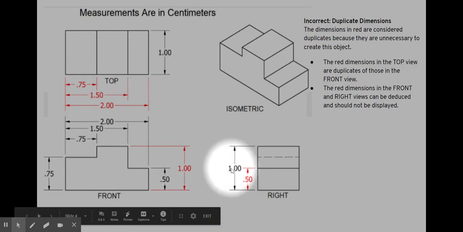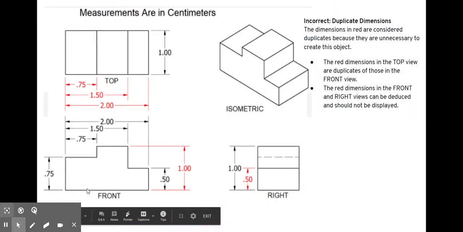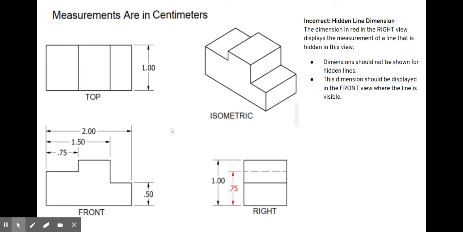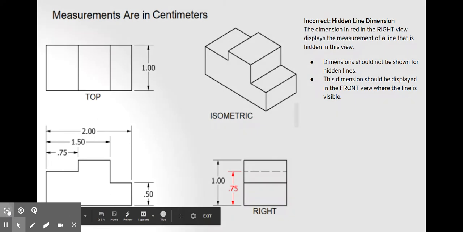The height's here. Right over here, I wouldn't say that this is wrong, but actually we can see it and visualize it better on the front view. So that's kind of why they have that there. I could debate that this would be fine either way. So again, here is the clean one, looking good, no duplicate dimensions. Here's our next one. This is where we have done the sin of